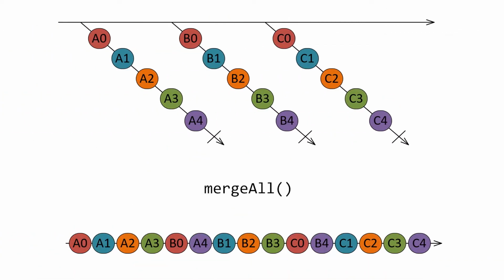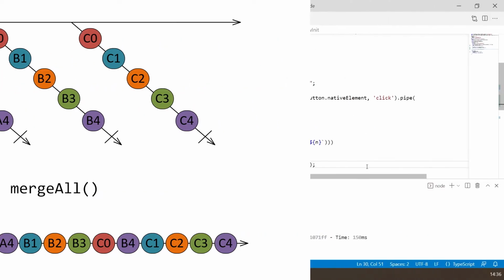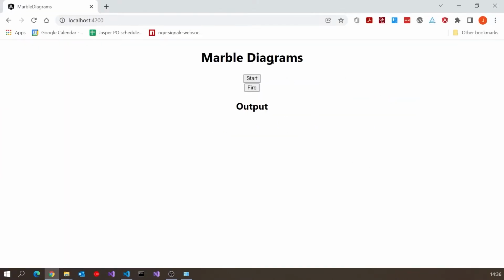So if you just imagine we squished everything down, so we've now got a single observable of the pairs of letters and numbers, then they'd merge together, and that's why this ordering is so important, because we would see in that case that B0 in the merge would end up between A3 and A4. And so we can see that if we now save that and display the results, and I click start, nothing happens at the moment because remember the initial observable is our click event, but if I click on fire, then we can see that what's happened is it's simply merged all of those and just given us A1, A2, A3, A4.